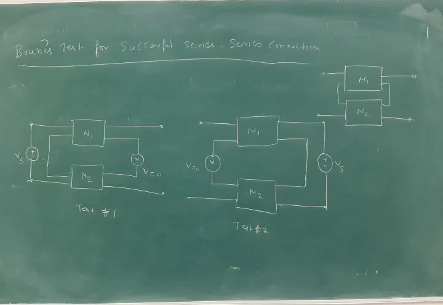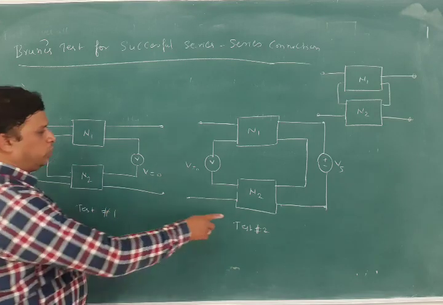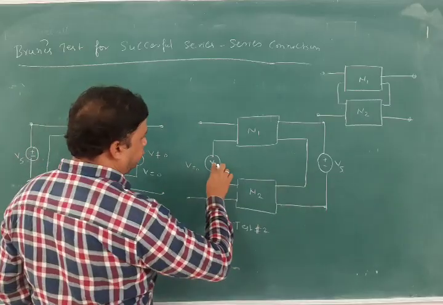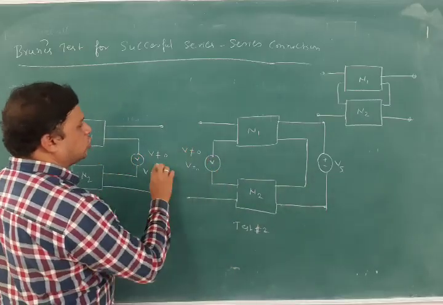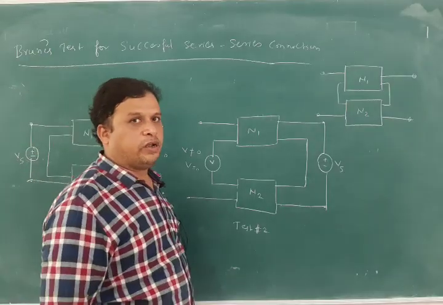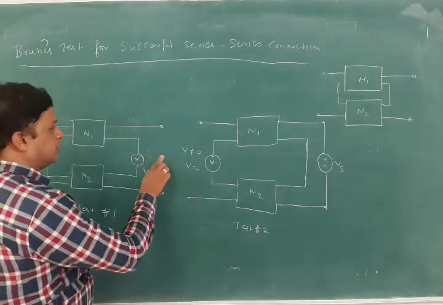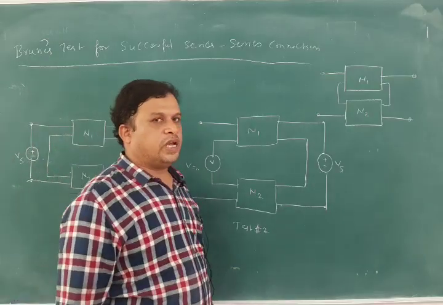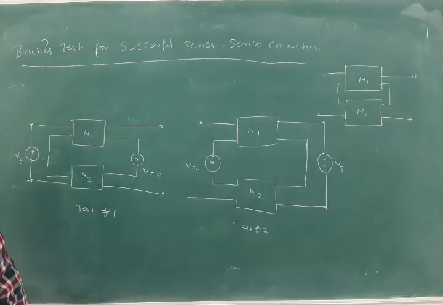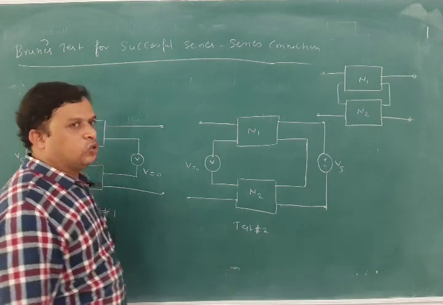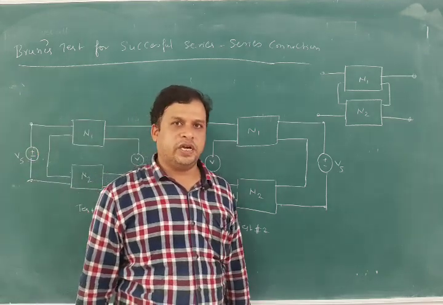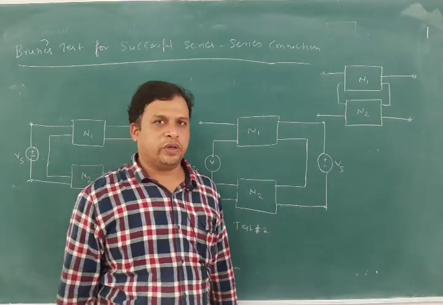If V is not equal to 0 in this particular test, then this test will fail. So if in either test 1 or test 2 you have V not equal to 0, then the series combination is not possible. We have to remember this point always: V should be 0 for both cases. If any one of the cases fails, then it is not applicable. So we will see another one, that is the parallel combination of the two port networks. We will see whether this parallel connection is tested by the Bruns test and if the combination is possible or not.